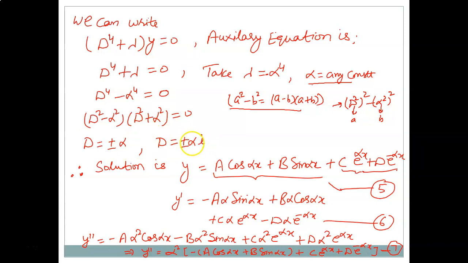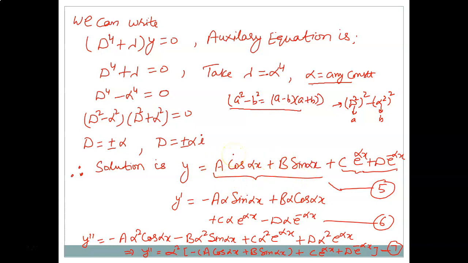Even if you are assuming it as less than 0, even then one of these parts will be giving you complex roots and another will give you the real roots. So in this way, corresponding to the real roots, the solution is c1 e raised to power alpha x plus d e raised to power minus alpha x. And for these complex roots, the corresponding part of the solution is this.